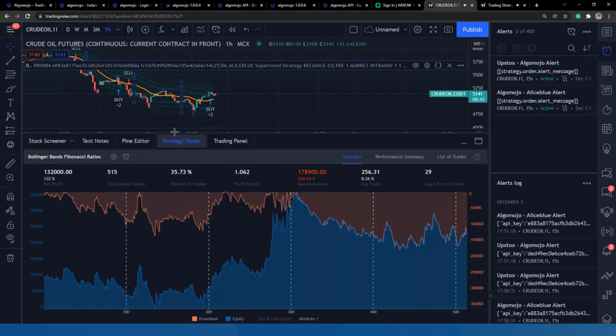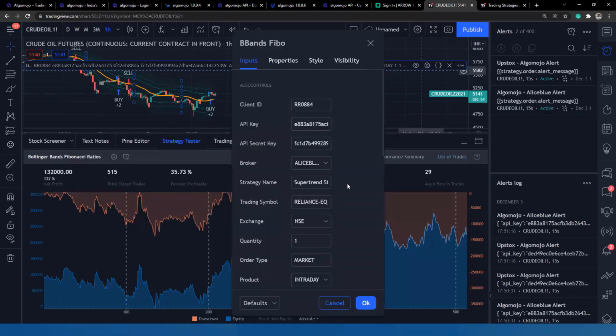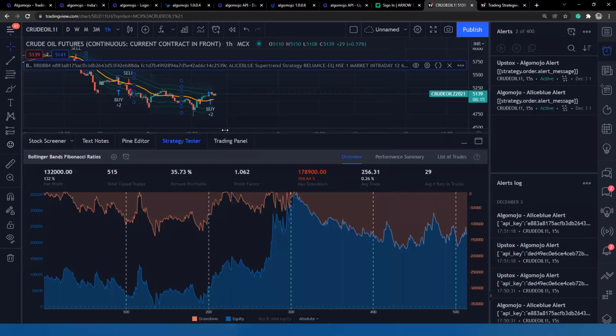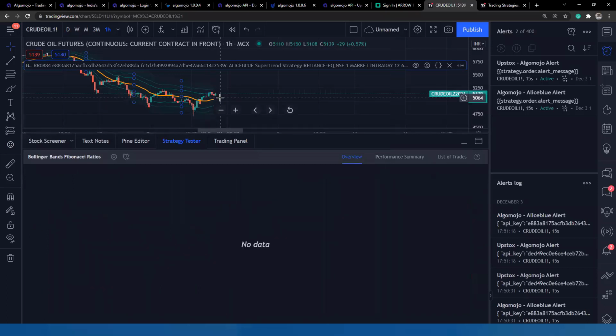But for live trading purposes, for the first signal we don't want a double. We always want single orders. So always go to the settings and ensure that you select which day you want to start. Set the values: month is 12, day is 6th, that is the coming Monday, and the year is 2021. So if any fresh signals happen from Monday onwards, you will get only 1 quantity for the first 2 signals, and from there onwards it will automatically keep on doubling.